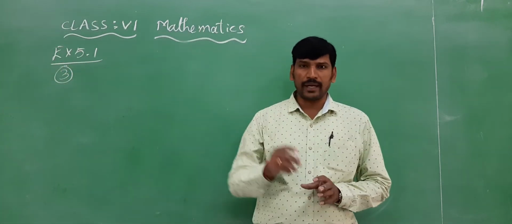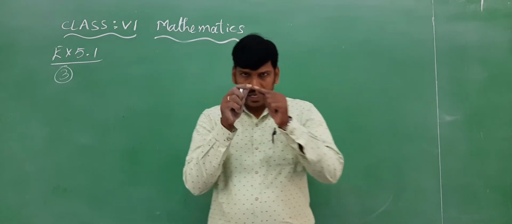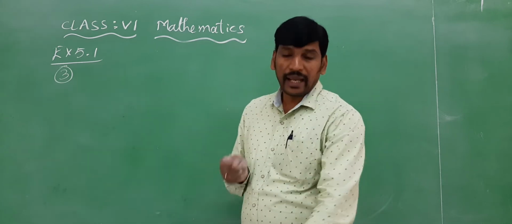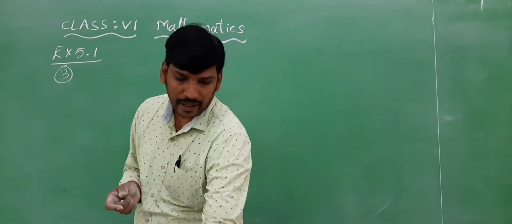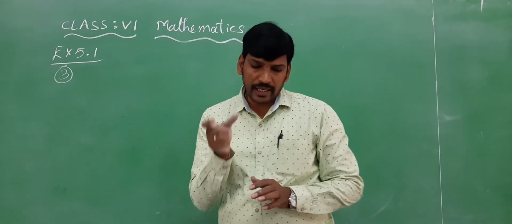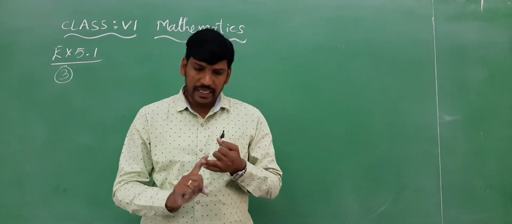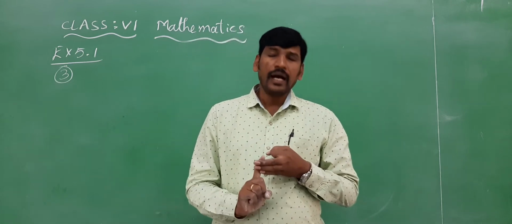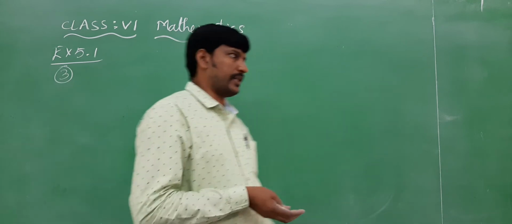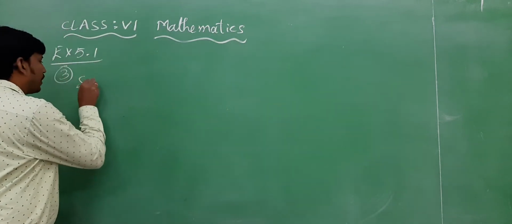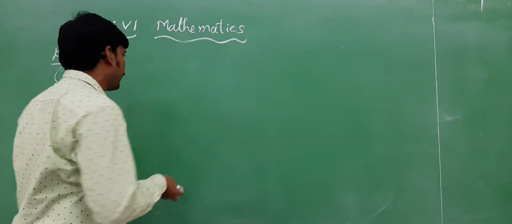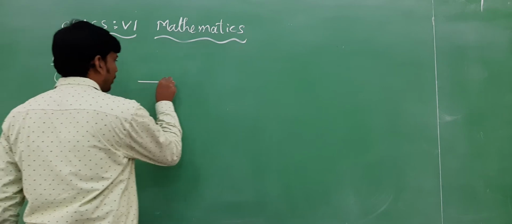Draw any line segment, say AB. Draw a line segment AB and take any point C lying in between points A and B. In between A and B, you have to take a point C. Measure the lengths of AB, BC and AC. Is AB equal to AC plus CB? Let us discuss here. So the solution, children: you just draw a line segment AB of any length. Right, draw a line segment AB.